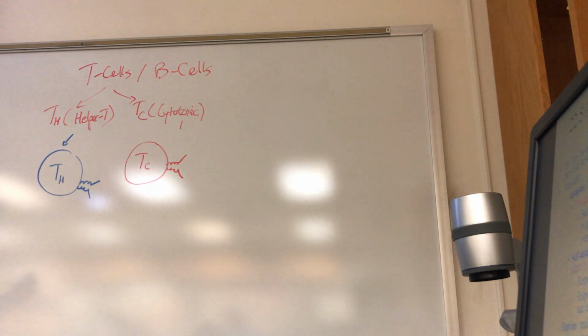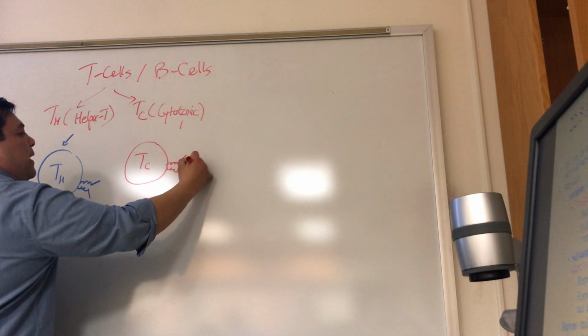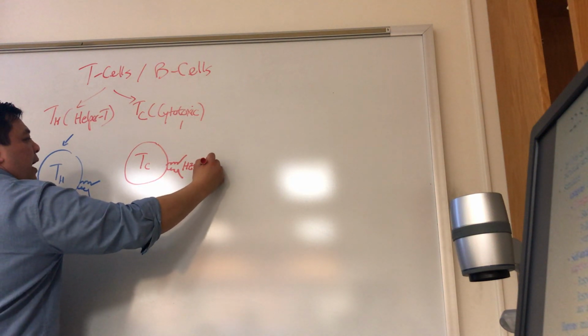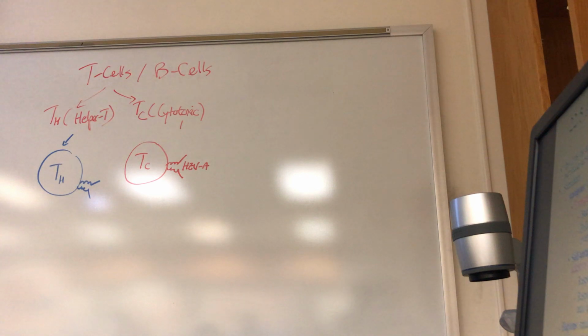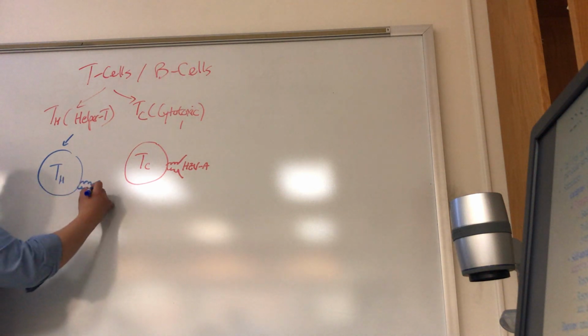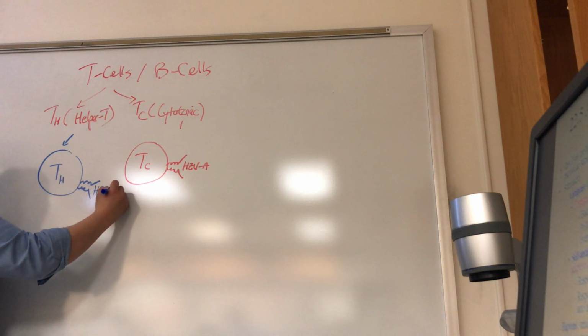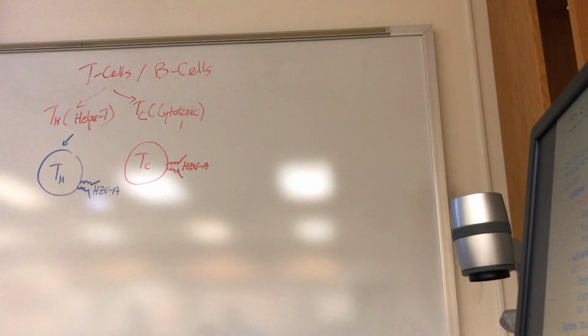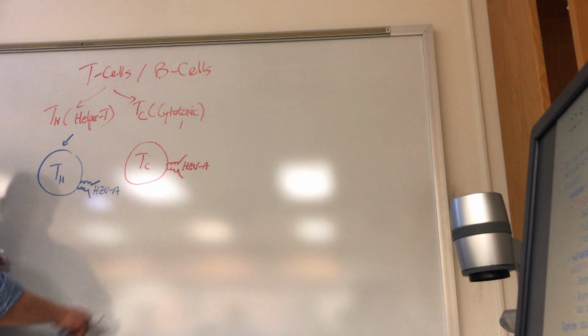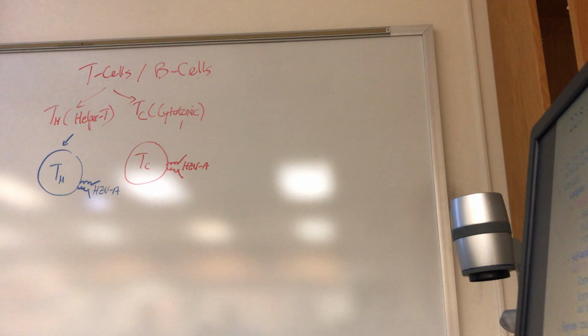Now, let's say we just give it herpes zoster virus protein A. That's what it recognizes. Both of them. So if it encounters anything with a match for herpes zoster epitope A, it can bind to it. Perfect. So if you have a virus here, and that virus comes in,